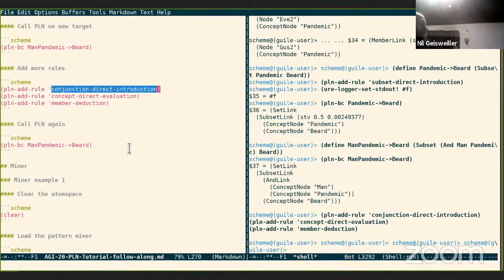So here we have this rule, conjunction direct introduction, that allows us, given two concepts where we have direct knowledge about them, to deal with the conjunction of that. Here we have something that allows us to evaluate the truth value of a concept given direct evidence, and we need this because there are some things that we don't know directly, so there's a little bit of inference to be done in order to extract this direct knowledge. And now that we have this,